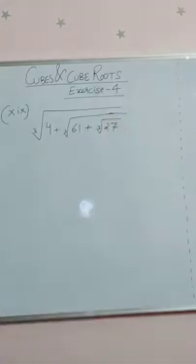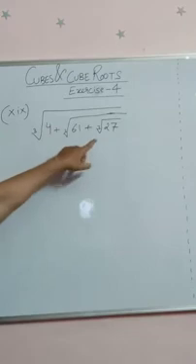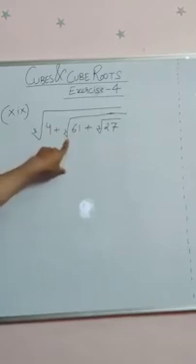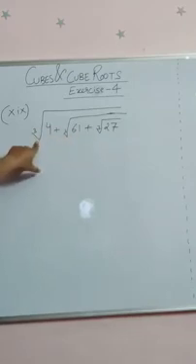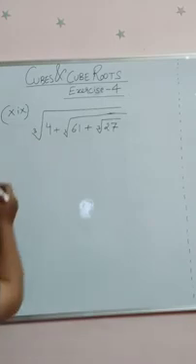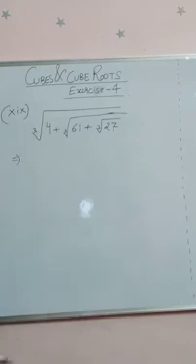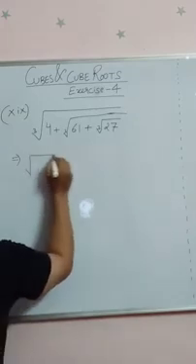Let us recheck the question. It is to find the cube root of 4 plus the cube root of 61 plus the cube root of 27. But what you need to observe is that we have roots within other roots. That means the cube root is inside this cube root and this complete cube root is inside the outer cube root. We are going to solve the innermost cube root first, like it happens in BODMAS. When we have multiple brackets, we solve the innermost bracket first. So in this way, we are going to solve the innermost cube root first. The rest of the things will be written as it is.